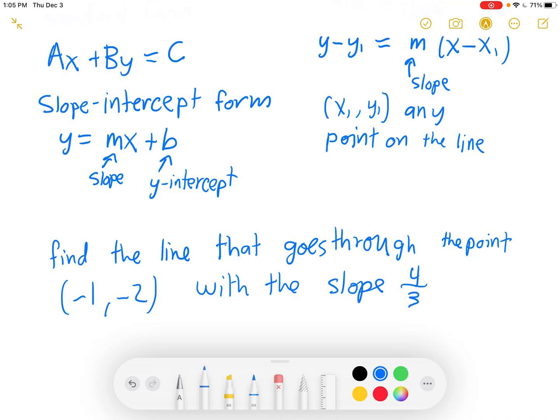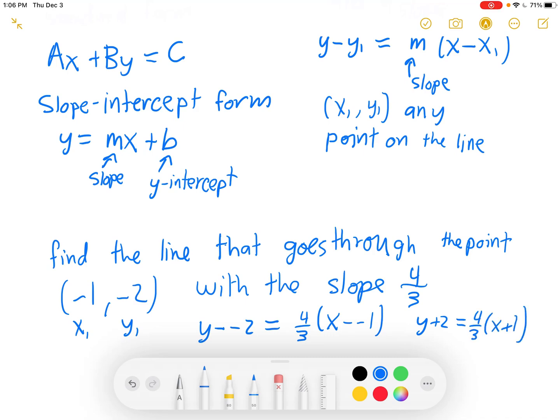So we have our x1 and our y1 in the generic form, so it'll be y minus -2 is equal to 4/3 times (x minus -1),